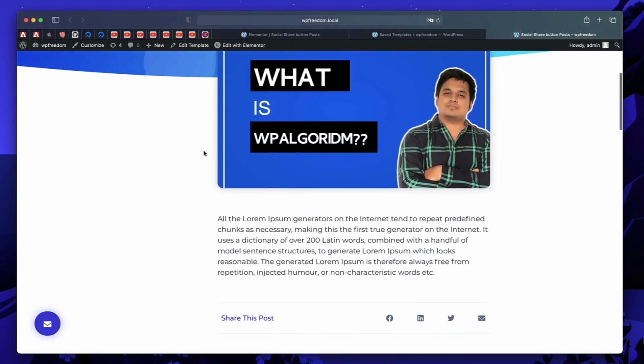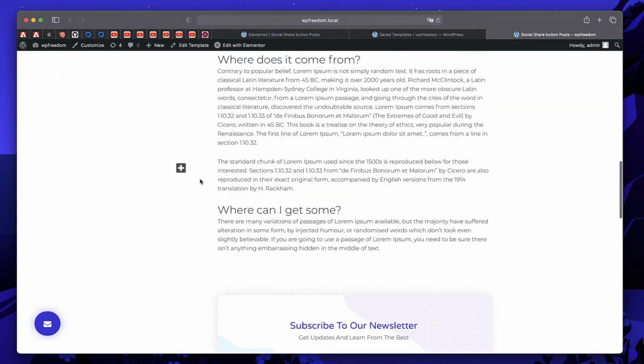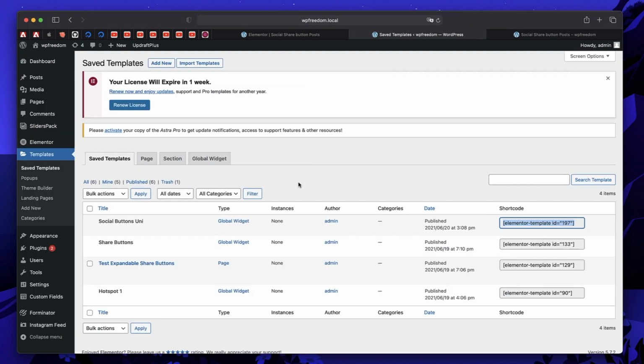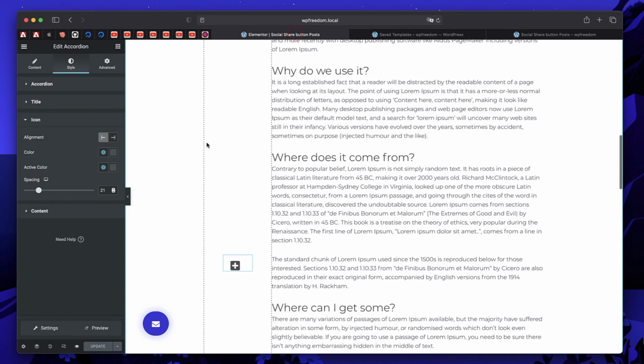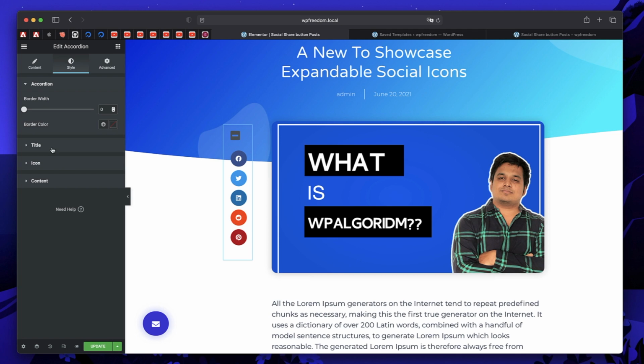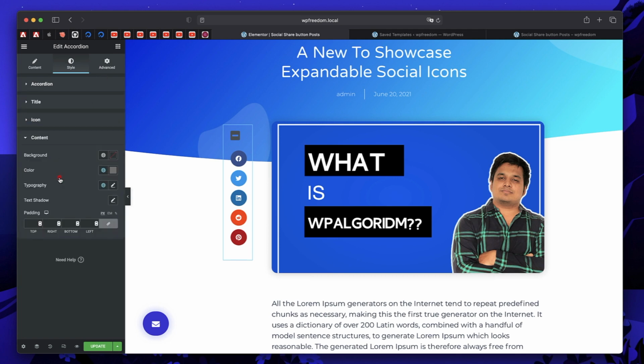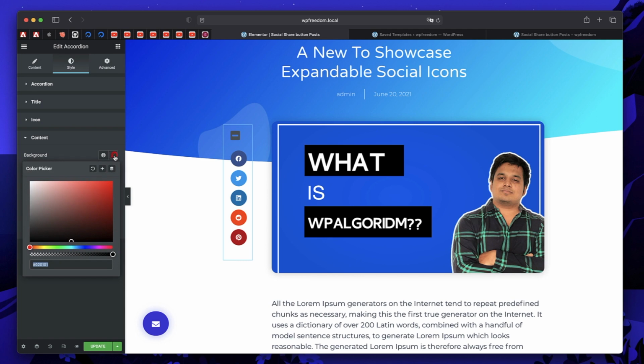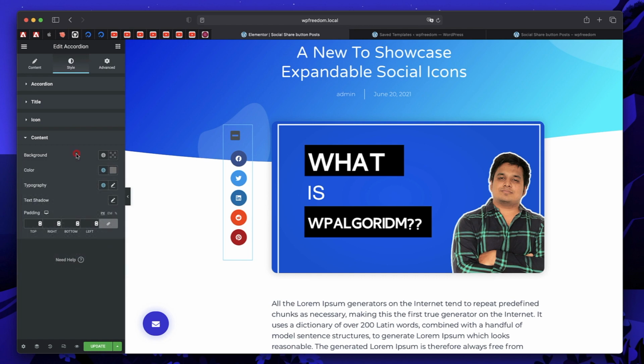Just with the help of the Elementor accordion widget. You can place this anywhere you want. If you want it at the top of the column, you can do that, right? Just click on the column. Maybe you can place it at the top if you want it that way. Also, one more thing, click on the accordion widget and make sure that the background of the content is transparent, right? You can change this background. If you add some background, it looks something like that, but drag this slider all the way to the left, so that it becomes transparent and looks like an actual widget, right? So that's one tip to note.